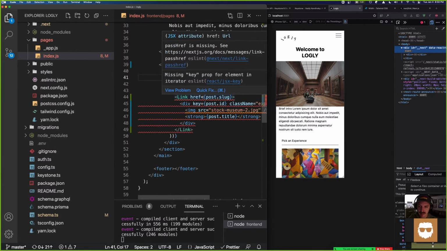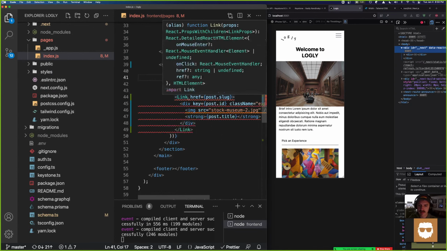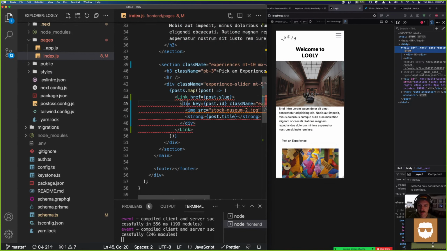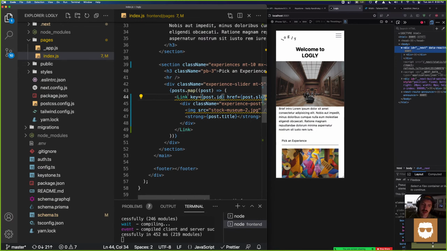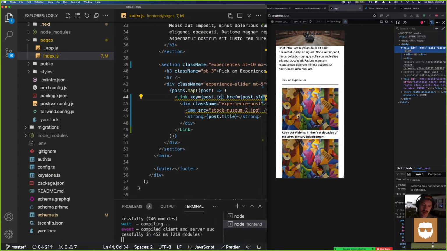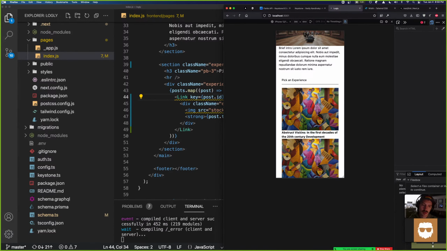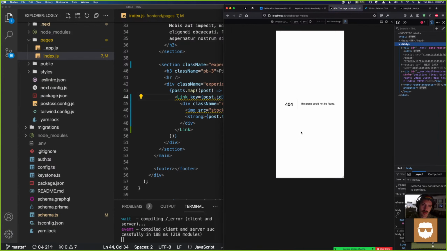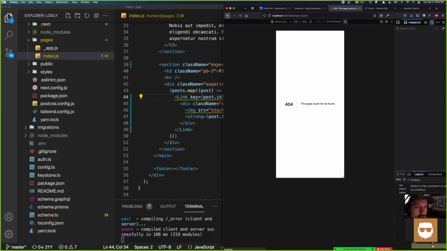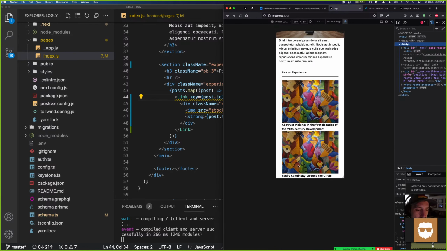Why is it complaining? Oh, key. I'm on like a fresh install of VS Code. No configuration. Okay, so we have routing, so it goes to the correct slug.